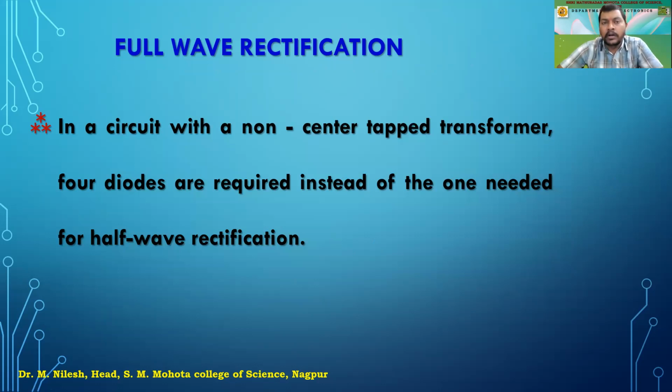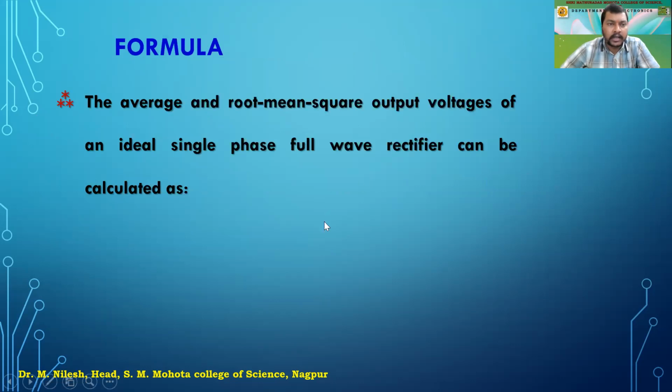Now we are going to study the bridge rectifier. If you talk in terms of a full wave bridge rectifier, then we are going to have 4 diodes. In the half wave rectifier, we used only one diode. In the full wave rectifier, we used 2 diodes, one for the positive half cycle and the other for the negative half cycle. But in the coming circuit, the full wave bridge rectifier circuit, we require 4 diodes to be connected. Now you see the circuit diagram.